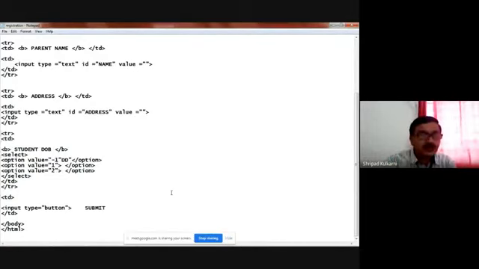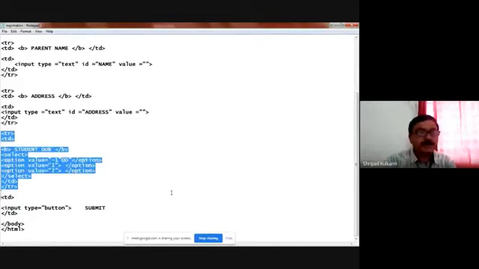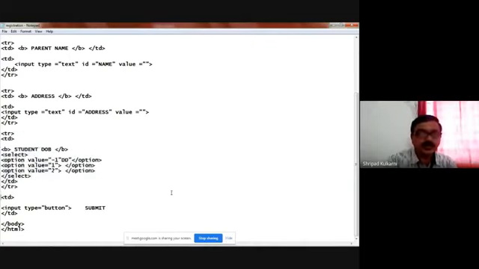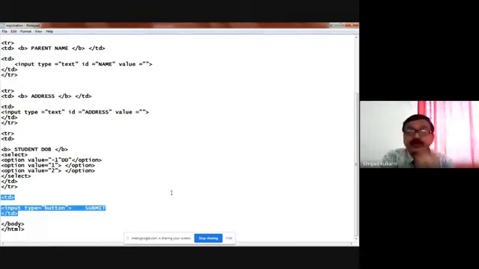This block is defined only to display the date. DD for date. I will execute that part. And lastly, I want to use one more TD, for which purpose? I want a submit button. We are using the submit button also. I want to execute that code first, then we'll discuss in detail all of these things.